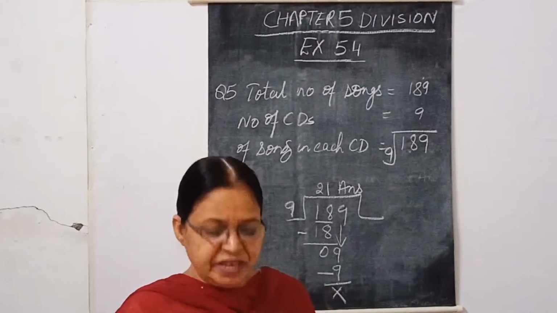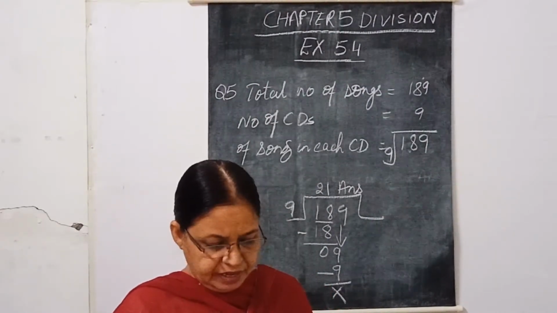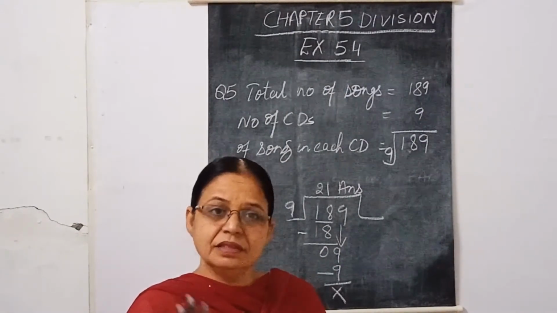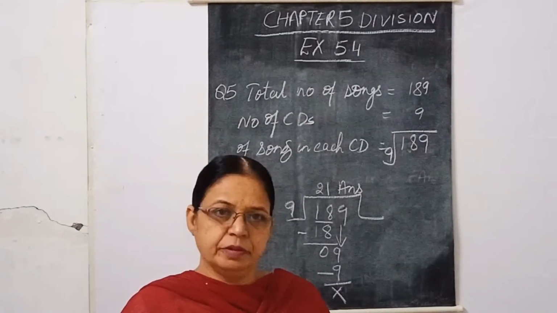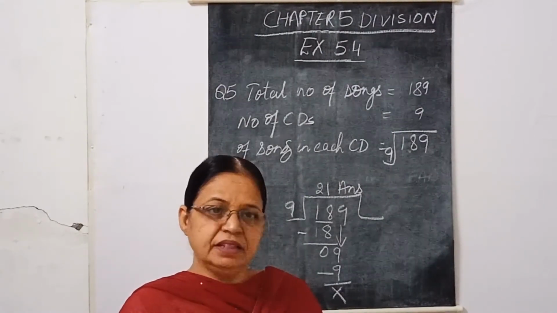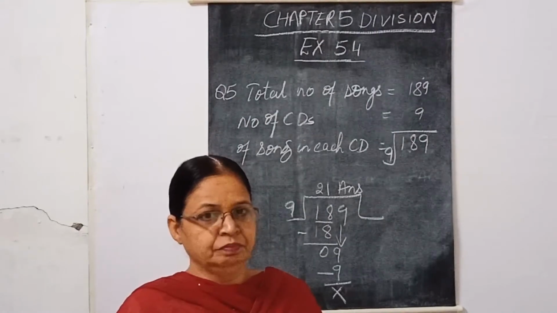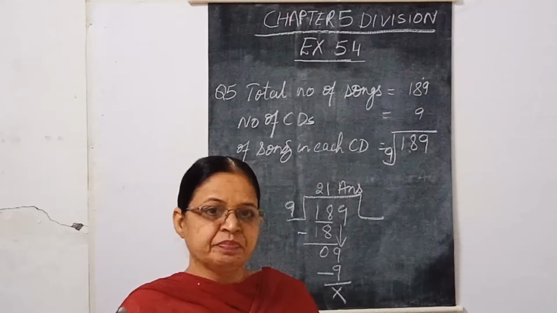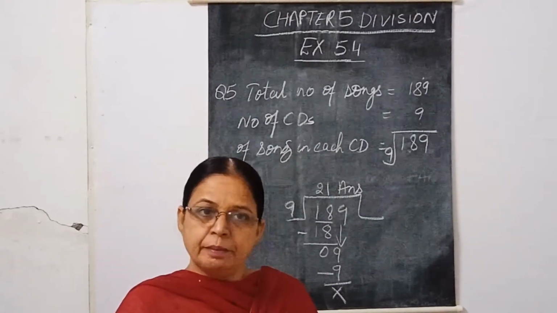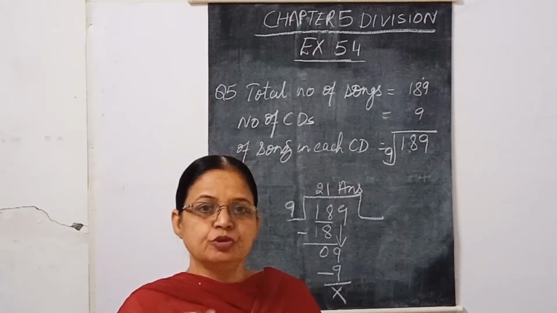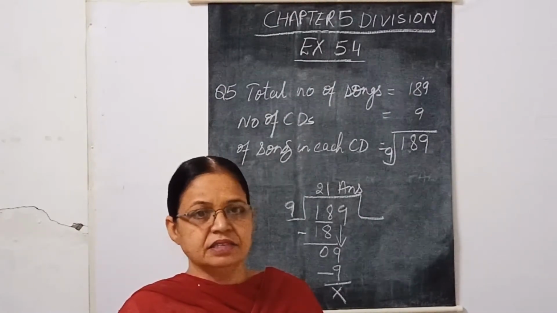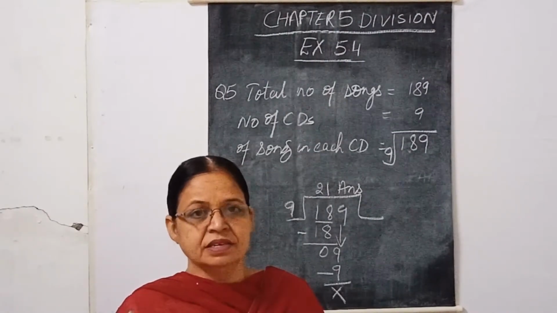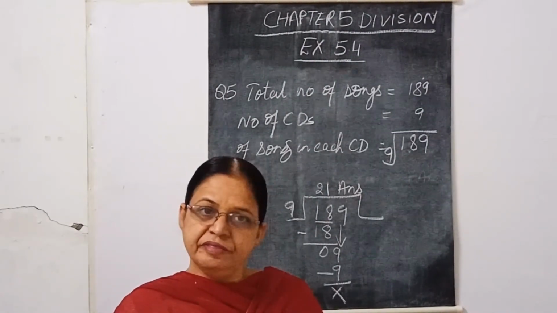Suhail has rupees 33 in his pocket. He distributed the money equally among 3 friends. How much money does Suhail have? 33 rupees in his pocket, and he has to distribute those 33 rupees equally among his 3 friends. So total amount of money 33, then number of friends 3, amount distributed equally among 3 friends, that is 33 divided by 3, that is 11 rupees. 11 rupees will be distributed among 3 friends.